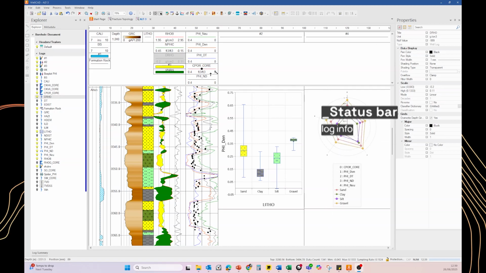There is a possibility to visualize statistical data corresponding to the selected log, which can be found in the status bar at the bottom right-hand side. Basically, if you want to understand more about the corresponding statistical data, for example, the porosity, check the lower part of the display, and what you will see is the top and bottom depths of the log, the number of data points, the minimum and maximum values, and the sampling rate.